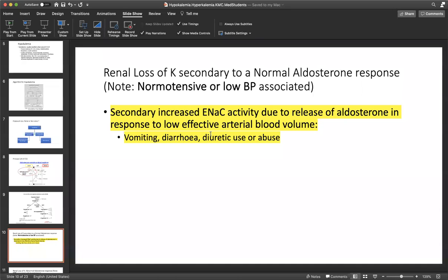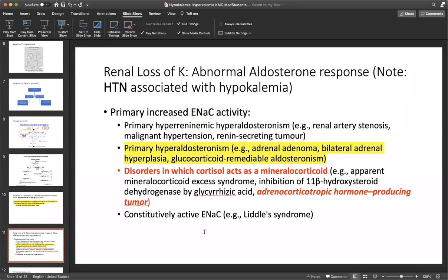However, there are situations where your aldosterone response is abnormal. This is where the abnormal aldosterone response continues to propagate potassium loss. Here you will usually find hypertension associated with hypokalemia. So if someone comes with hypokalemia for a long period of time and they are hypertensive, you start thinking of conditions like renal artery stenosis, malignant hypertension, or a renin secreting tumor, which is very, very rare. Among these, the most important is renal artery stenosis. Because of the renal artery stenosis, there is increased renin secretion and increased renin stimulated aldosterone. Unless you correct the renal